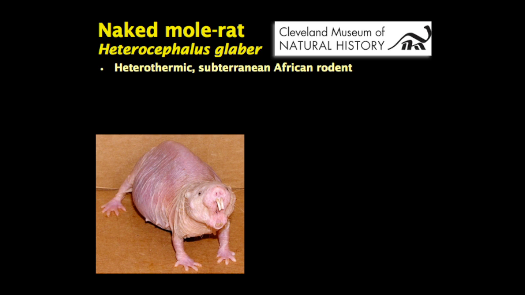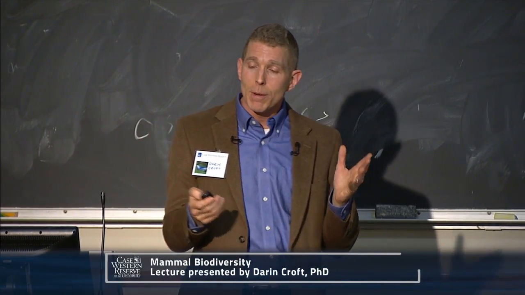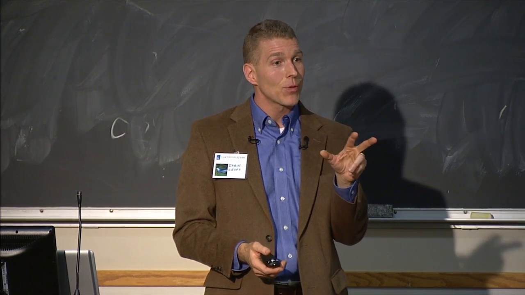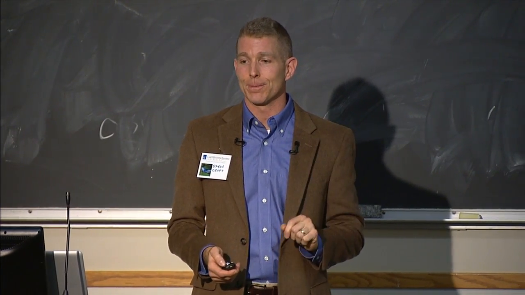They are heterothermic. They also can't regulate their body temperature very well because they're naked. They live underground completely in Africa, and they have to be at a certain depth so they don't get too hot, but they also maintain a certain level of warmth. The claim to fame of these guys is that they're the only eusocial mammals, which means they're essentially the mammal version of an ant or a wasp. They have a single queen that reproduces, just a handful of males that get to mate with her, and everyone else is either a worker or a soldier.